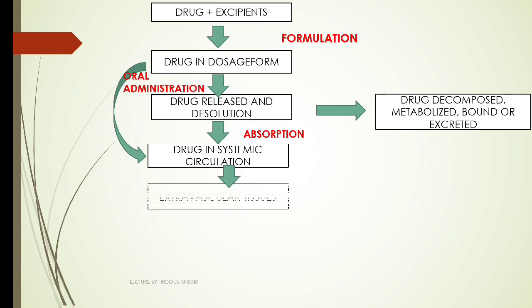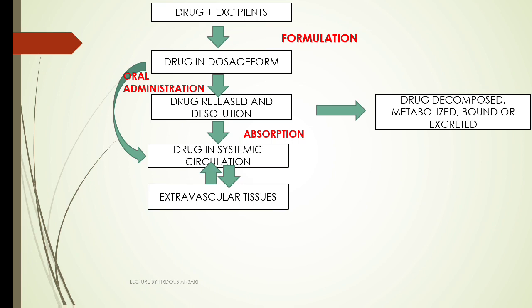Yes, next the drug will move to the extravascular tissues, or you can say the distribution of the drug occurs. The drug from the systemic circulation will now move to various organs of the body. It may also move back to the systemic circulation as well. Now suppose the target organ of our drug is the brain. We want the drug to move to the brain, but not 100% of the drug that has undergone absorption will move to the brain. A few percent of the drug will move to the liver also, a few percent to the kidney also, a few percent to the lungs also. Everywhere the drug will be distributed.